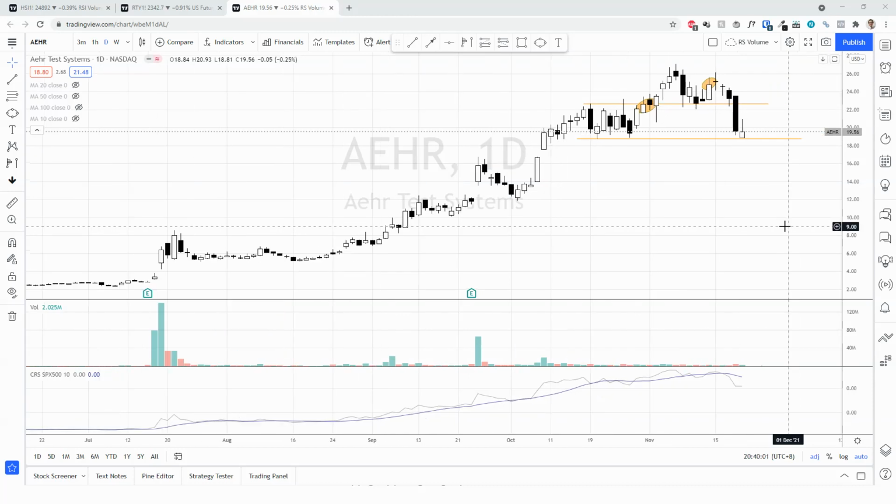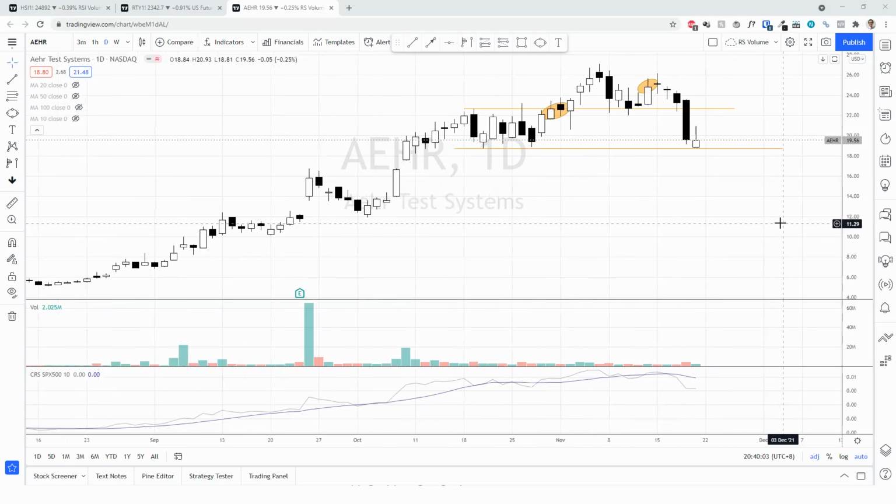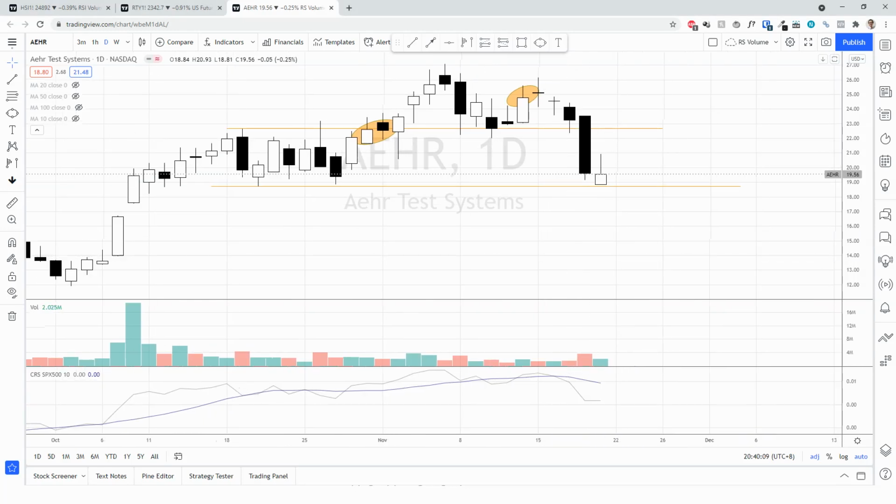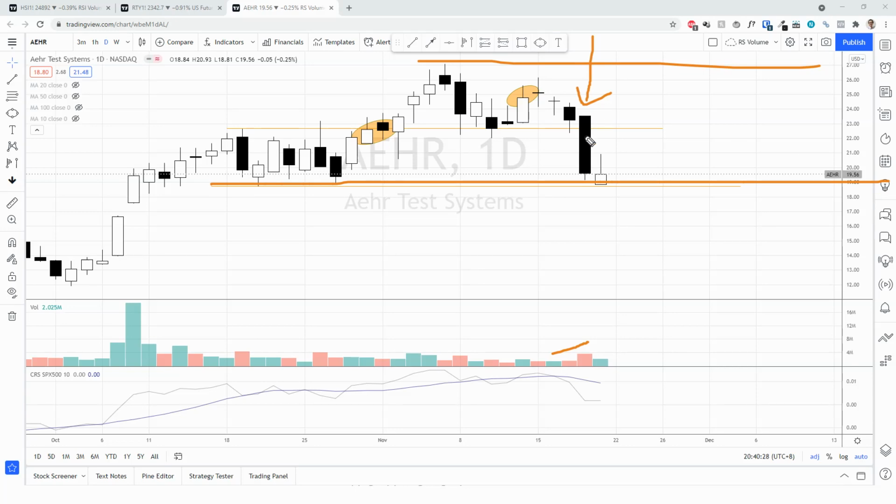So at the moment, I still see that there is a possible entry, but if I zoom in with the volume, we can see that there is an increasing of the supply on this bearish bar. So this bearish bar actually suggested that there is a change of character. So we might need to take into account a slightly larger trading range. So this is a trading range that we need to be looking at.